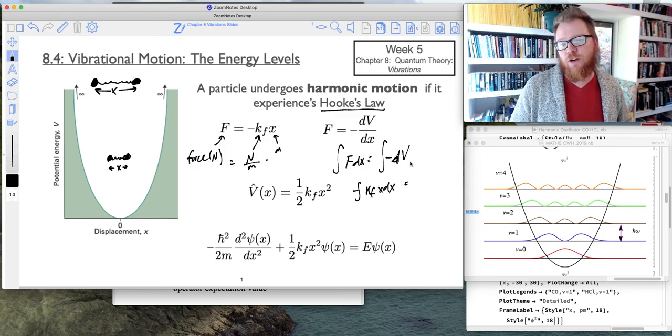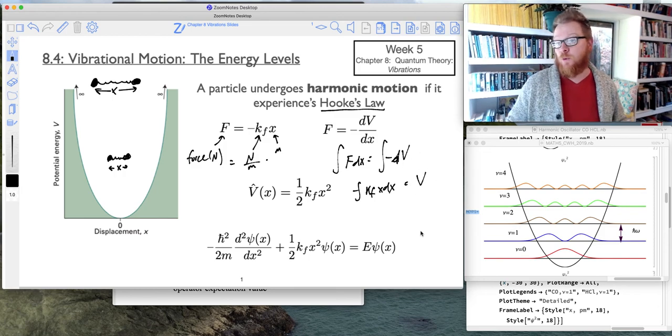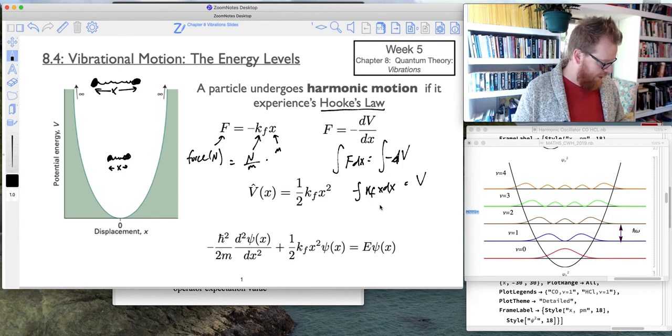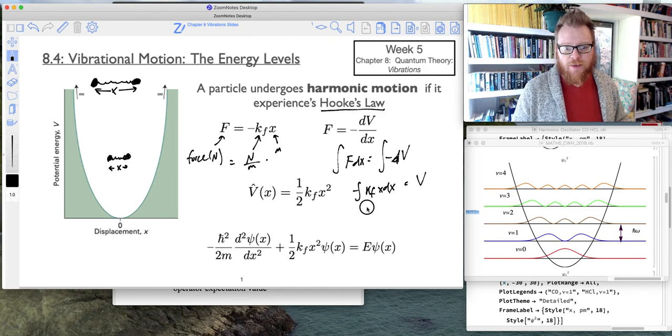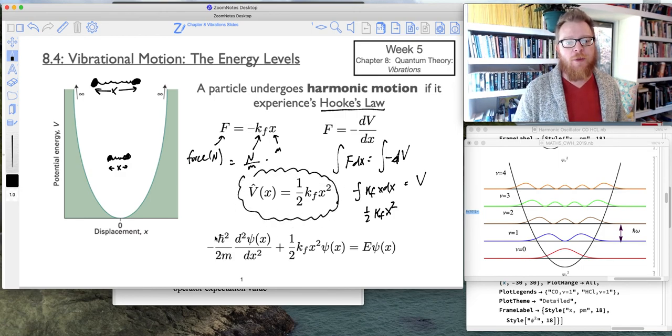And then, of course, the integral of dV just simply equals V. So now when we integrate this thing, this is where we get the 1/2, so negative and negative signs cancel. This is where we get the 1/2 kf times x squared. And you can see right here, so now that's going to become our potential energy operator, 1/2 times kf x